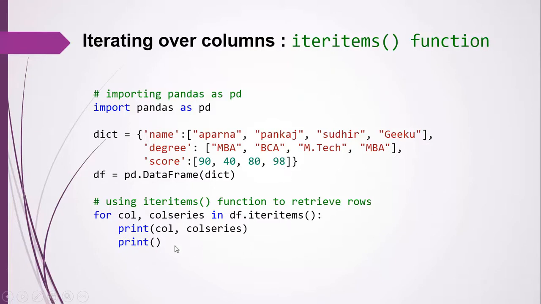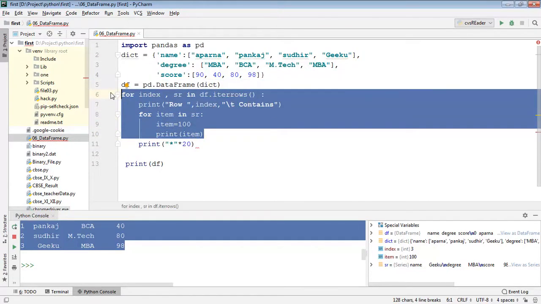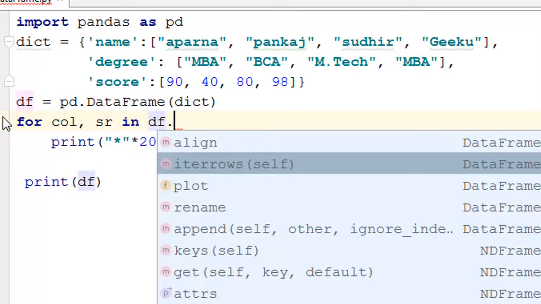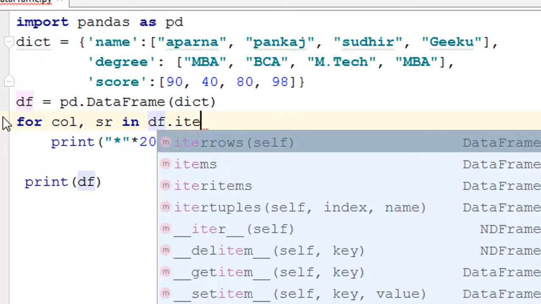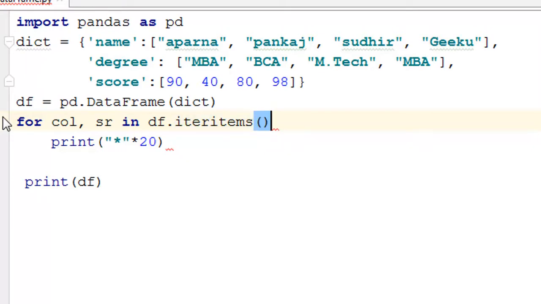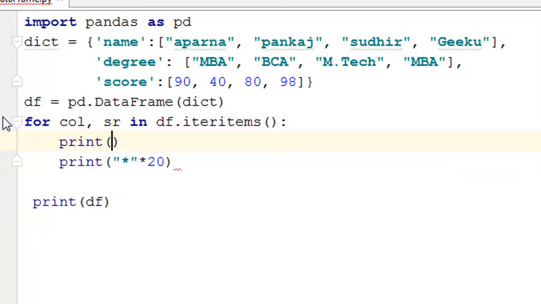So let us check it out in our IDE. I'm going to get rid of all this stuff, and we'll be using a for loop, let's say for column, SR in, again the data frame name, that is df.iteritems, and then we will be printing this value, let's say print column.